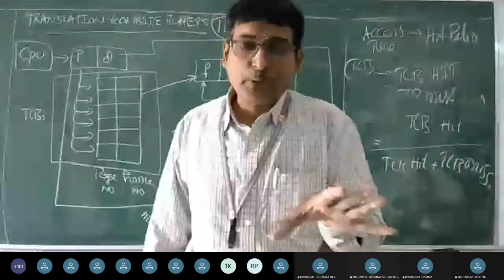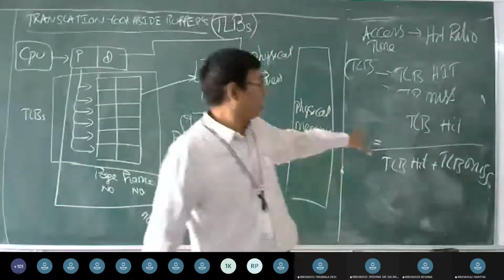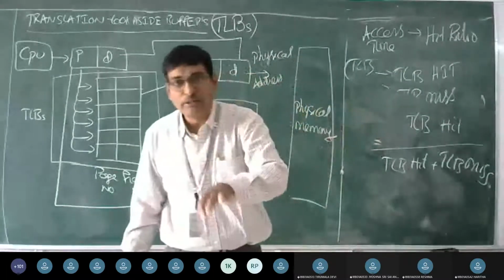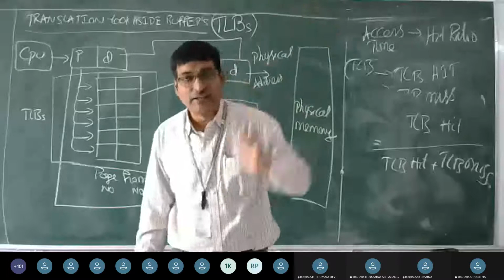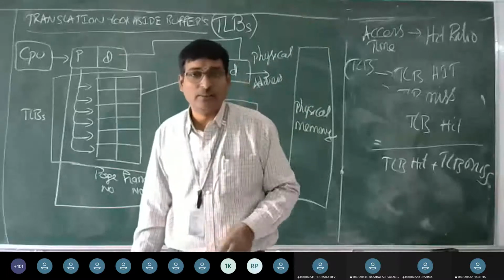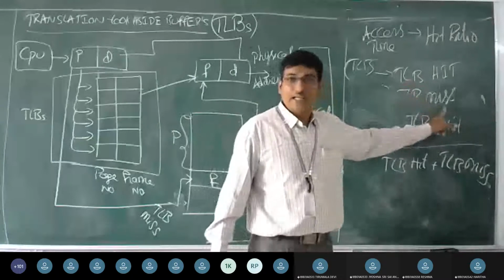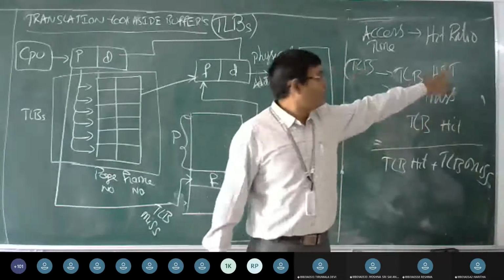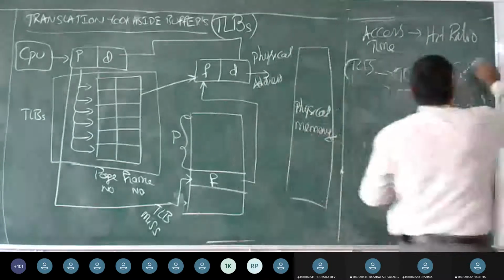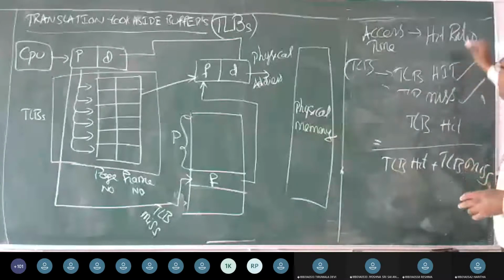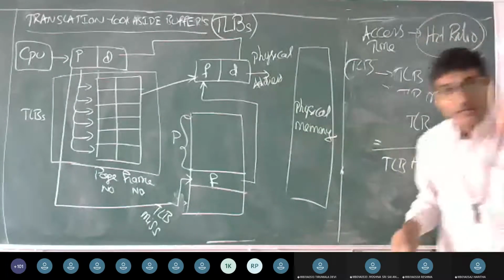How are we going to compute the hit ratio? We are going to compute whether an item is found in the TLB. Yes, it is a hit. If the item is not found in the TLB, we say the item is not found and we call it a TLB miss. So with these two primitives, hit and miss, we are now going to compute the hit ratio.